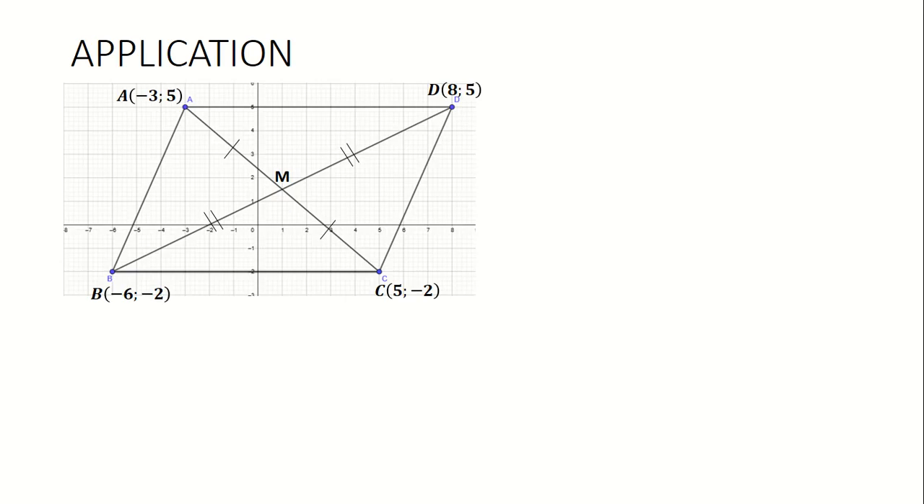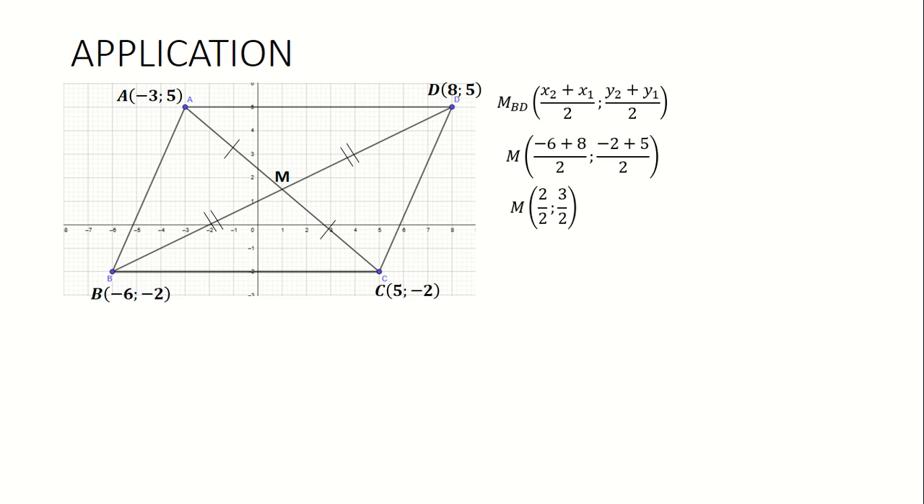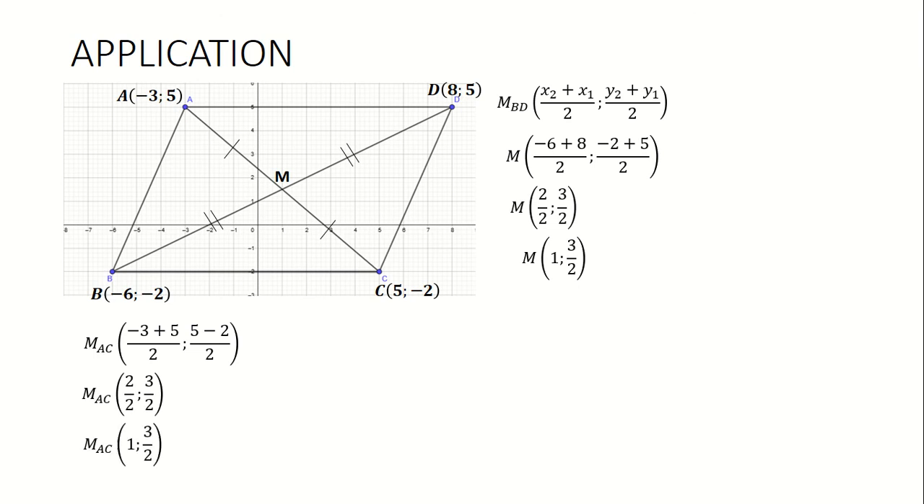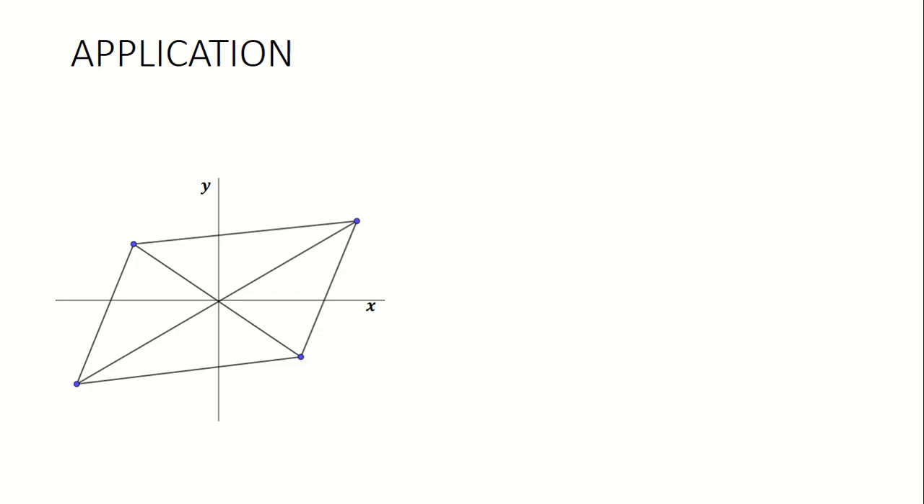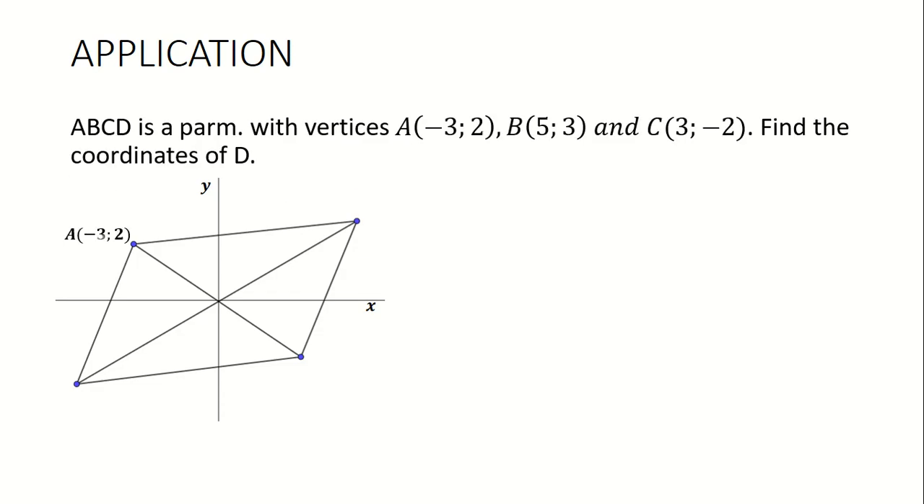Now let's check here. For me to calculate the coordinates of M, I'll start with BD, and that will give me 2 over 2 and 3 over 2, which is just 1 and 3 over 2. Now I'm going to use the coordinates of A and C to find the coordinates of M, and you realize that I will still get the same coordinate, alright, which is simply 1 and 3 over 2. Similarly here, the same thing applies. This is how they love asking it,